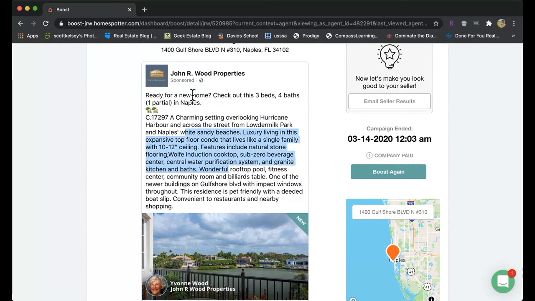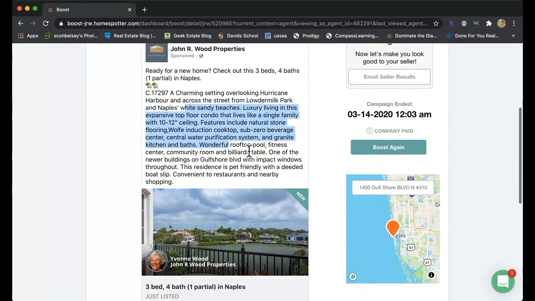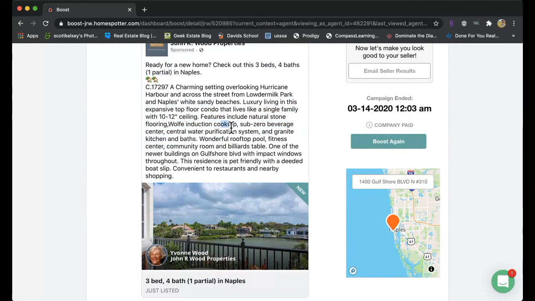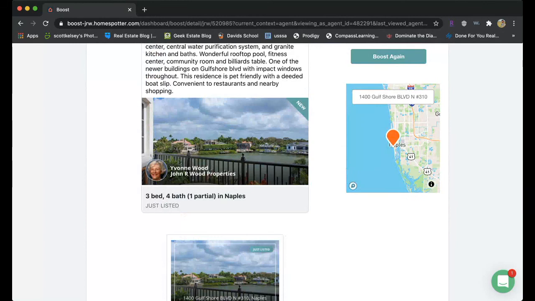I know, and this pulls in from your MLS copy. Sometimes people have their bedrooms and baths in here as well. So you have it in this section, and then it's going to be down here as well. So go in there and edit those kind of things just to make it tailored. To me, I would rather see your home look copy or your advertising copy in that little section, because we all know we don't read, especially when you're on Facebook. You're not trying to read all that copy. You're just trying to scroll through and look at photos real quick. So keep that in mind. Keep your copy short.